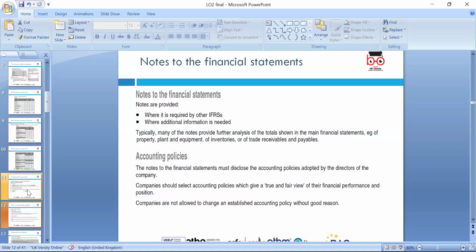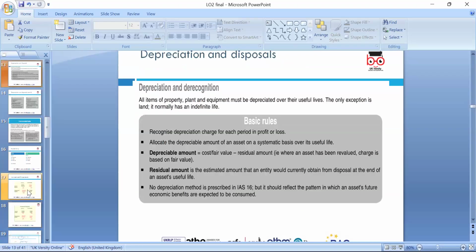So all this is quite crucial, and we should see the notes in the financial statement, like all the explanation of the accounting policies, like IFRS, IAS 2 International Accounting Standard, like if you are adopting the first in first out method, or FIFO; last in first out method is not allowed anymore. So all the policies and other accounting policies, we need to make sure they truly reflect and are consistently followed in the financial statement. Depreciation and disposal of assets.